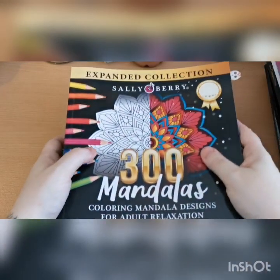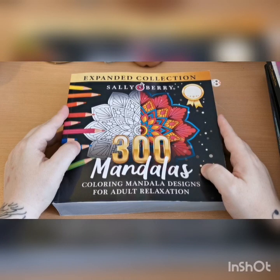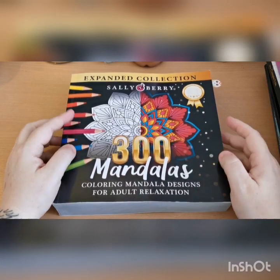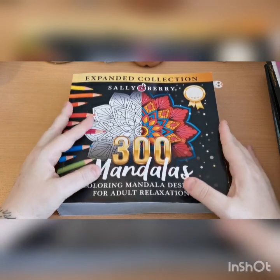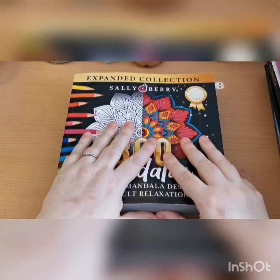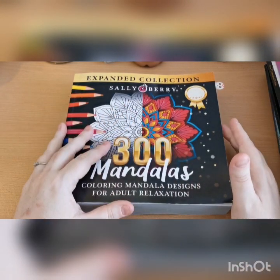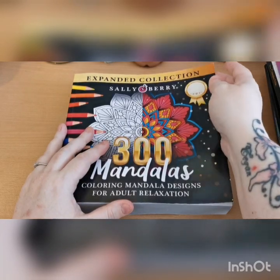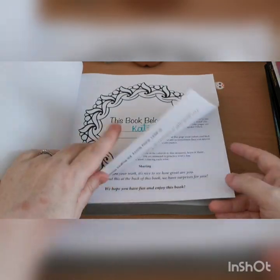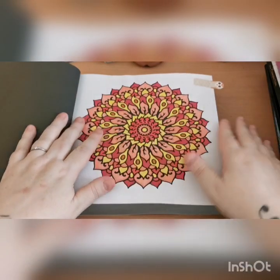The next is the 300 Mandalas colouring book, the expanded collection by Sally Berry. I was sent this book for review, and I love it. This is just such a lovely, relaxing, fun book. So I coloured a few pages in here the other evening. I've just written my name there, I think. Okay, so